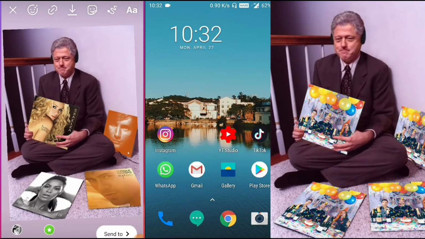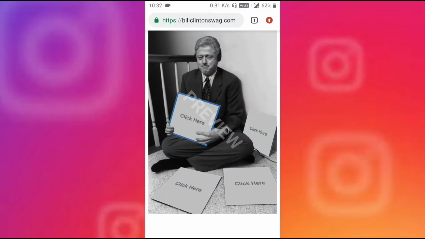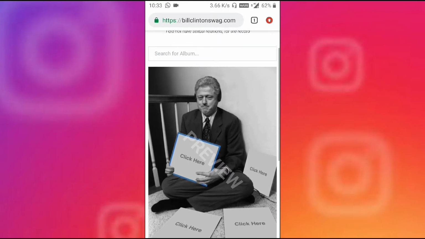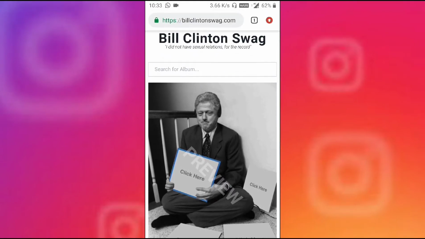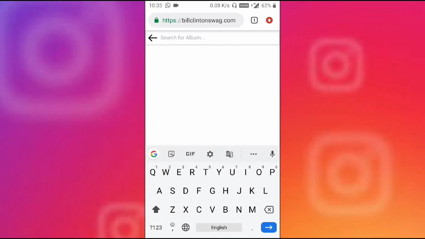Today I'm going to show you how we can do the Bill Clinton album challenge. So we will go to this particular link which says billclintonswag.com, and over here we will click on any of the boxes. This is also called Bill Clinton swag, and I will click on the search for album tab and I will write here Shakira,